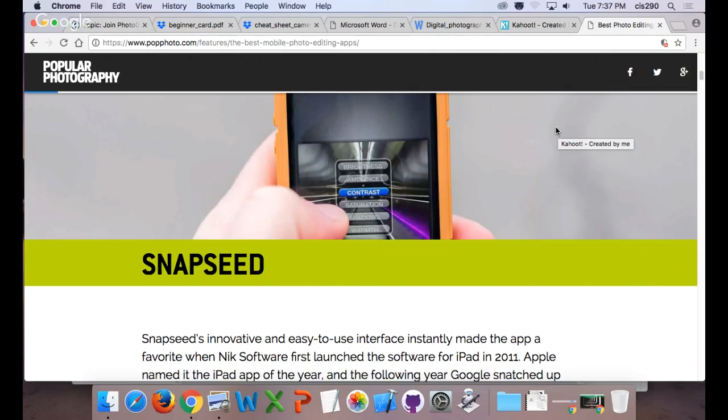A little synopsis of apps that I use. This one here is a good one. This one's called Snapseed. Snapseed is a very innovative app used to